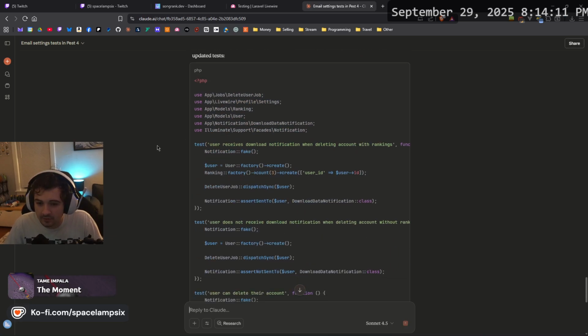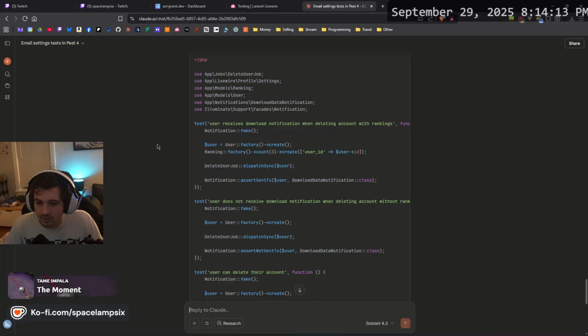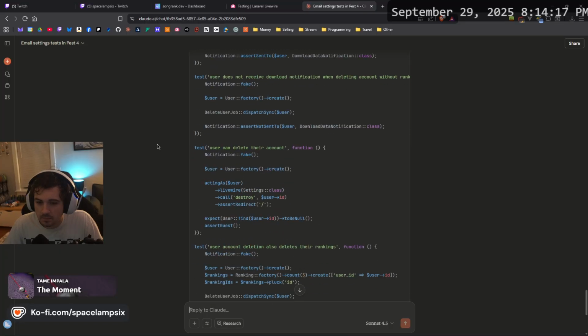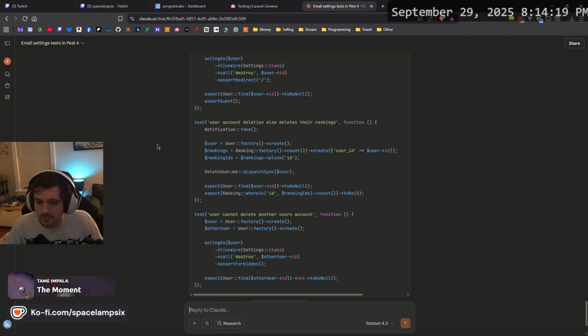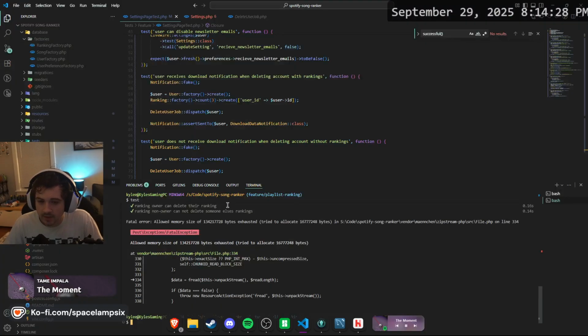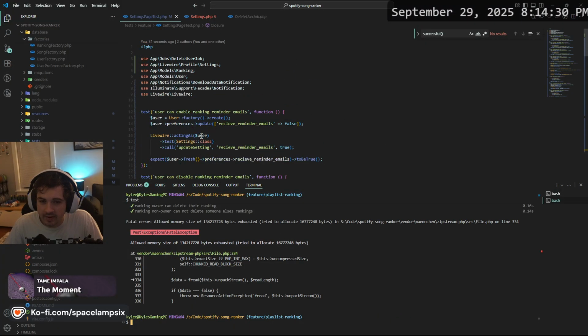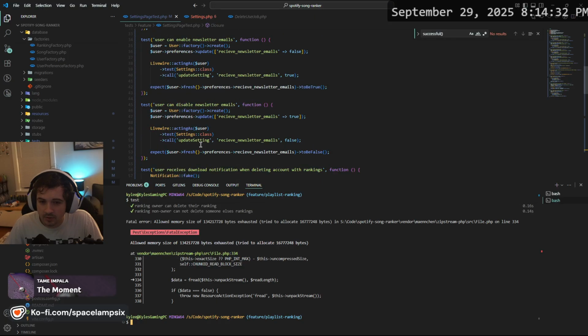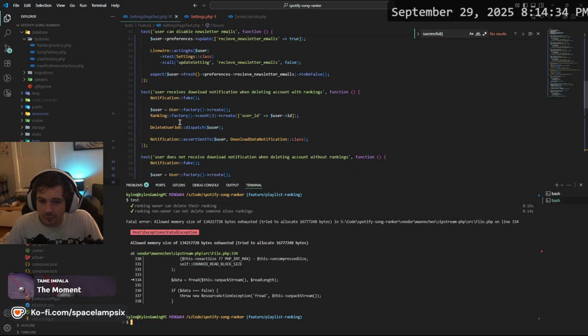Here are the updated tests. Key changes is adding notification fake to all tests that trigger delete user job. Okay, I can do that. So any that call delete user job. Delete user job, we call.